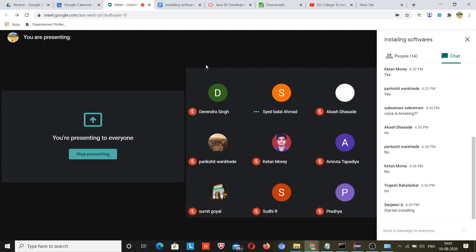path. If you are doing everything in the same drive, same location, then that's okay, you don't need to do these things. But if you want to use it from another drive, normally we save our projects in the D drive, E drive, or some other drives that you have.